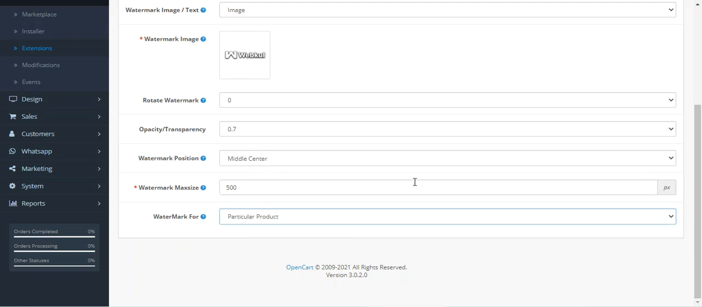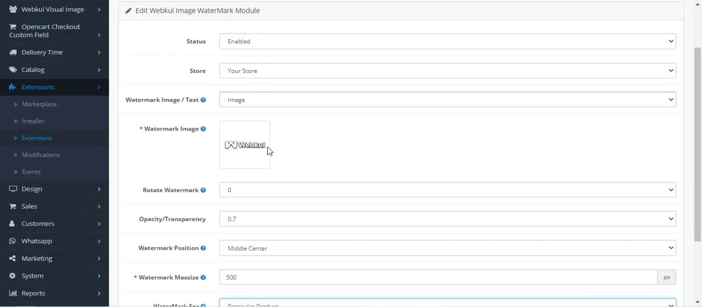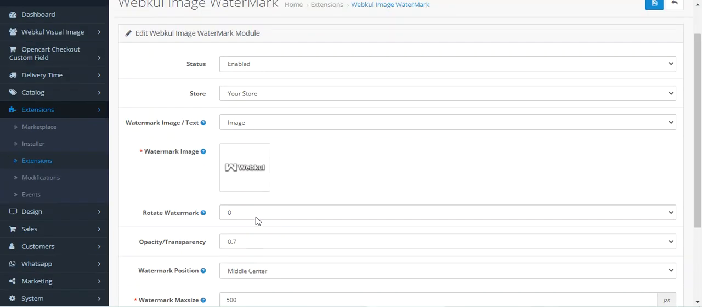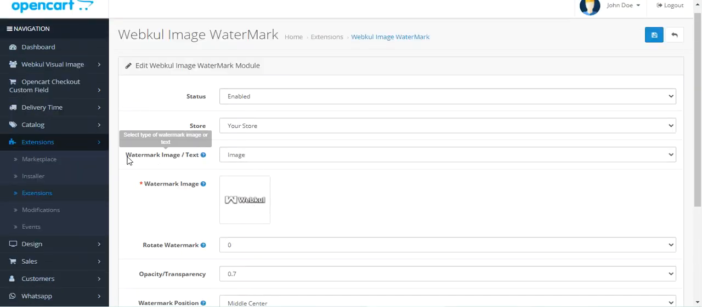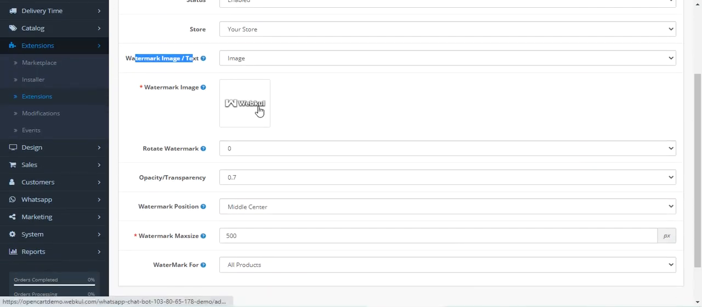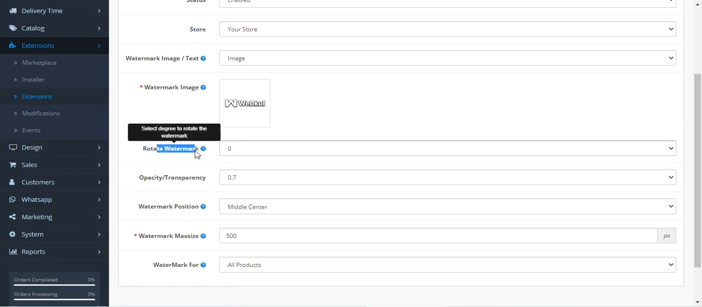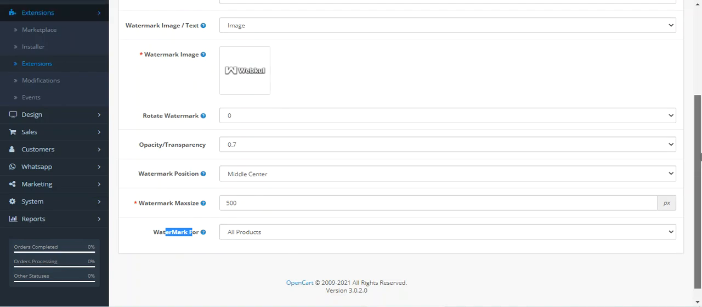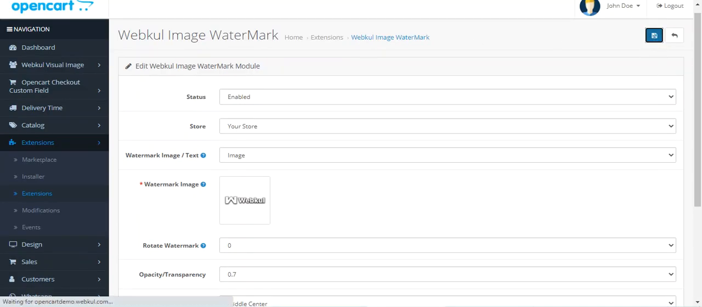Then after this setting, you have to go to each of the products and go to the watermark tab to do the same configuration there as well for each of the respective products. So for now I'll just choose it as all products. Here you can see that we have chosen the watermark as image. The watermark has been uploaded. Rotate watermark, I've set it as 0, opacity is 0.7, watermark position is middle center, the size is 500, and the watermark for is for all products. Now let me save this particular setting,